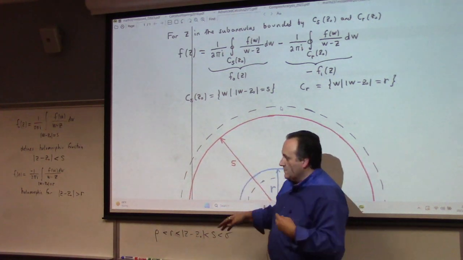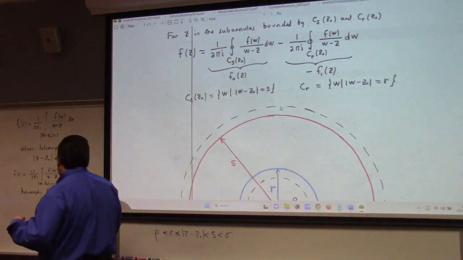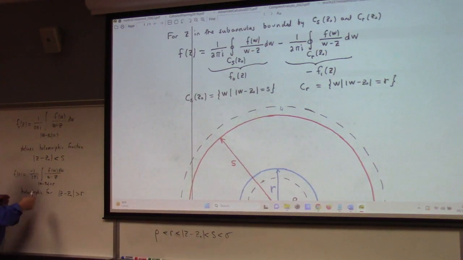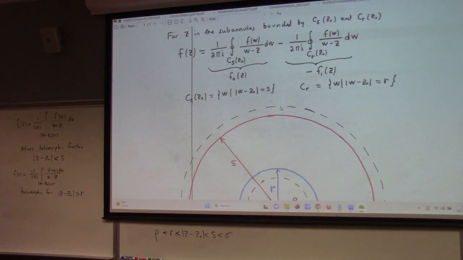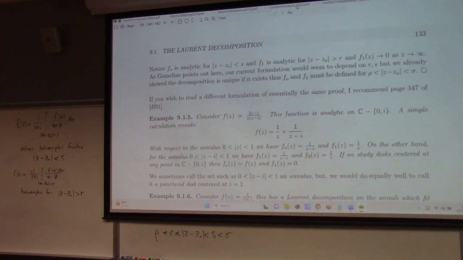See, because we're not going to have division by 0. Okay? And so, since you don't have division by 0, and we're only taking values of F on this circle where we're already given that it's defined, that's fine. So this, in a nutshell, is the central part of the proof of the Laurent decomposition, namely that if you have a function which is holomorphic on